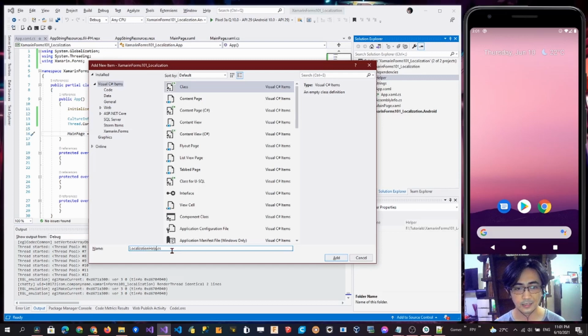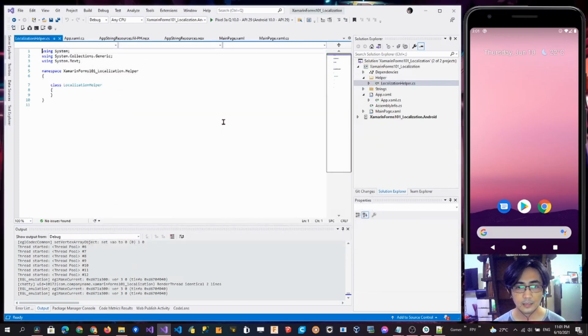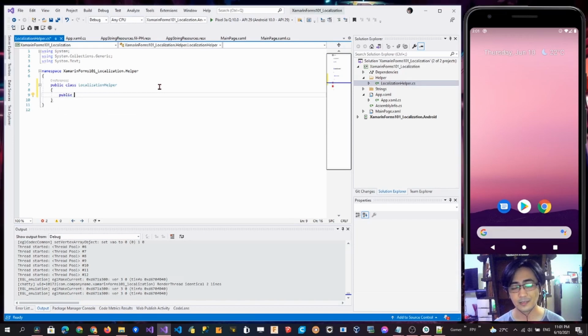Let's name it LocalizationHelper. Let's set the visibility to public. Then we're going to create a public method. It should be a pretty simple method, and we're going to set it to a static method. So public static string Localize, string key,